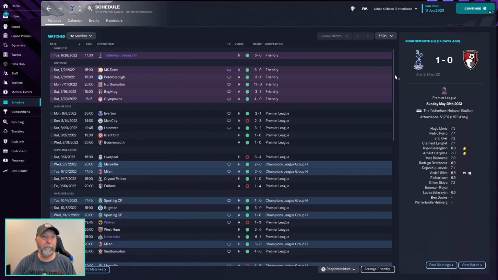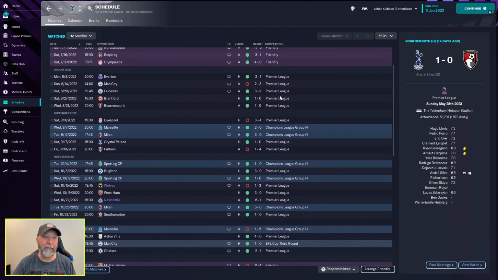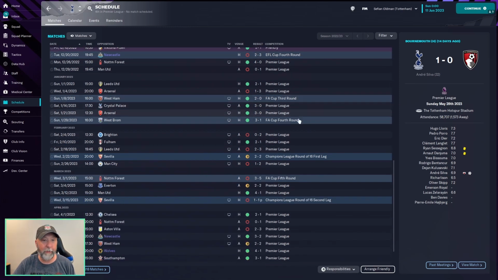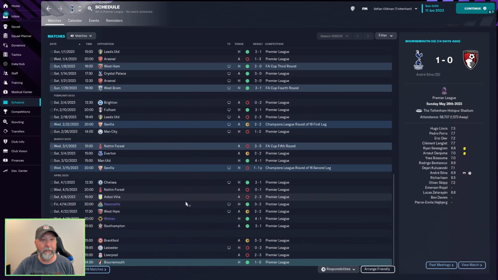Tottenham's schedule looking pretty nice to a point. I mean, a lot of green, no draws whatsoever in the first half. But you do get a couple of reds here and there, a couple of losses. Champions League loss right there to Marseille. You start out the second half with a 2-3 loss in the EFL Cup 4th round. You continue on in the FA Cup and the Champions League up until Sevilla. Sevilla knocks you out with a 1-1 penalty loss at home. And then Nottingham Forest kicking you out of the FA Cup 3-5. And then the rest of the season,